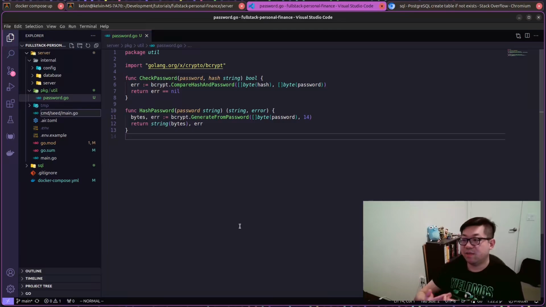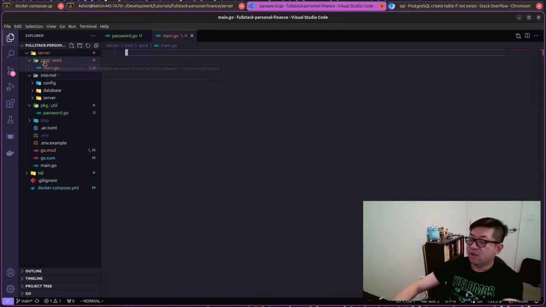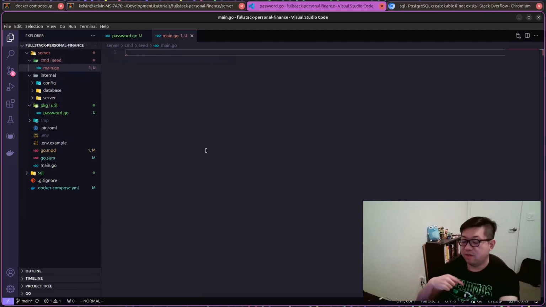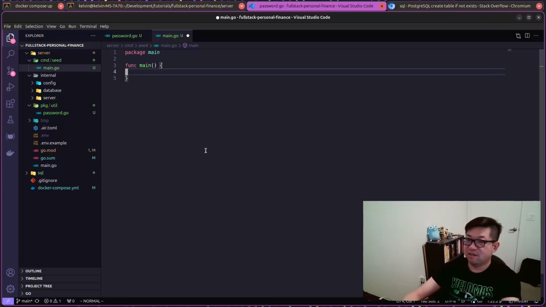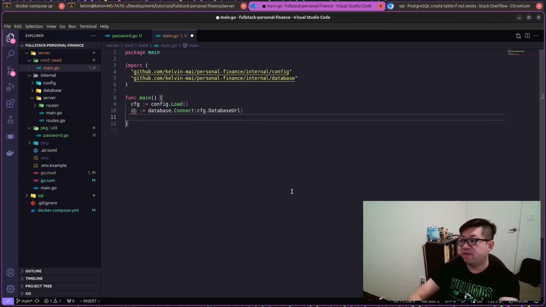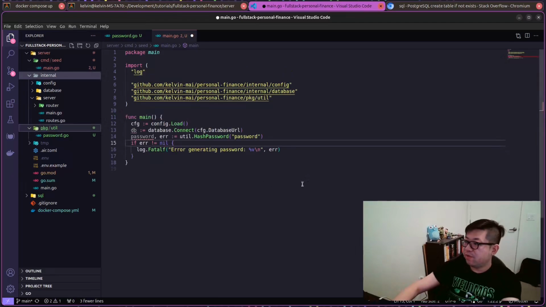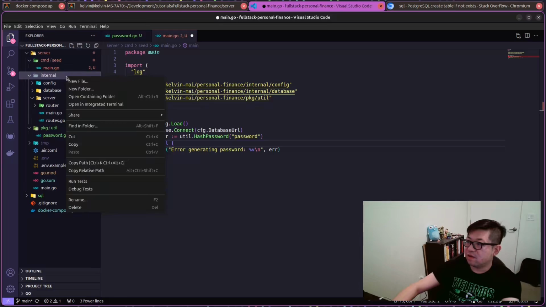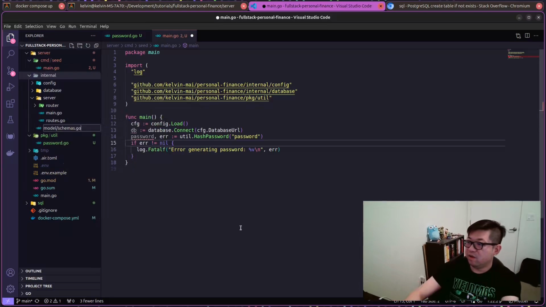Now to seed the database, I'm going to make a small little command line program, which will live in the command package, and it'll be called seed. But since we're going to be invoking this from the terminal, this will have to be package main, which also means the function here is main. But in this file, what we're going to do is connect to the database and then run our insertions from here. You know what, before we finish this, I think we also need to define the user,